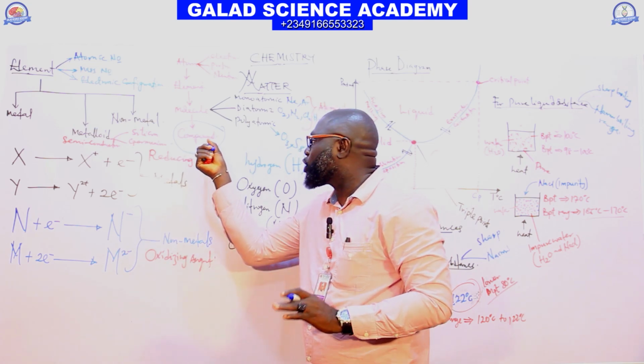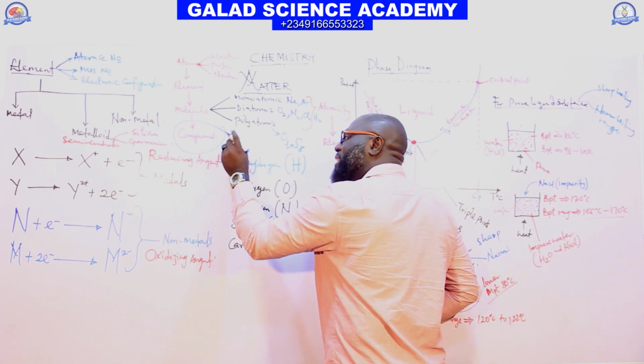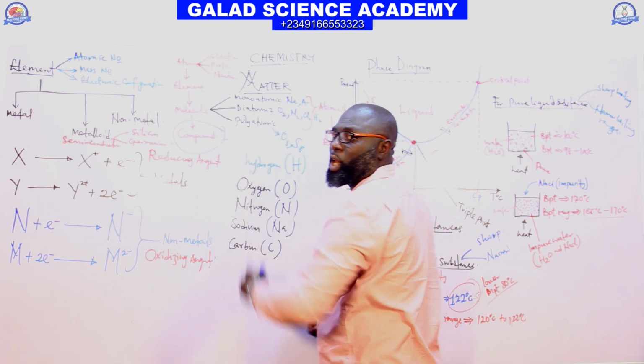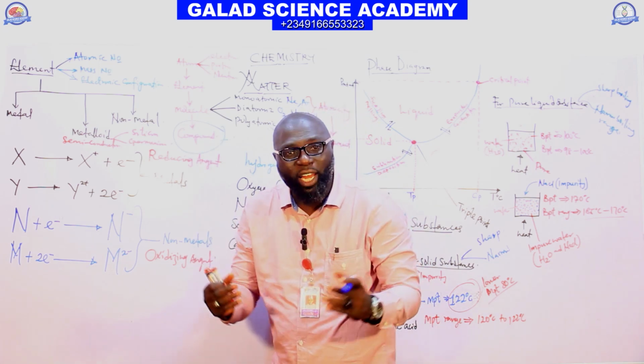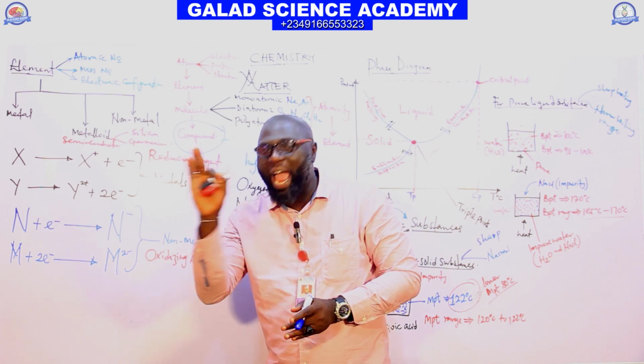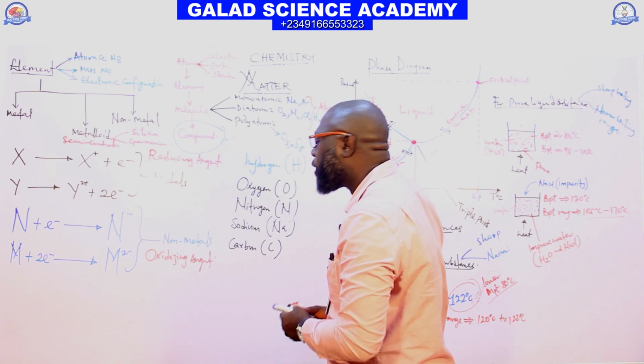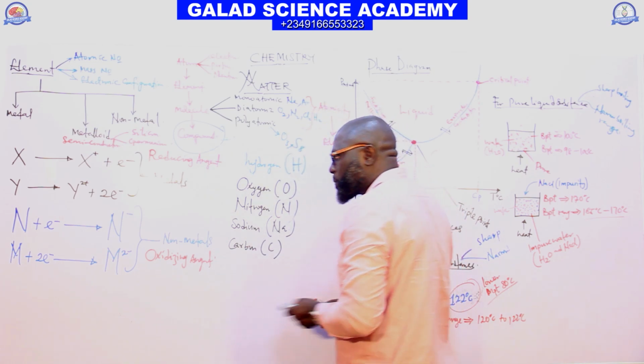A compound is the combination of two or more elements or molecules which are chemically combined together, and it cannot be separated by any physical means. Example of compound, we have